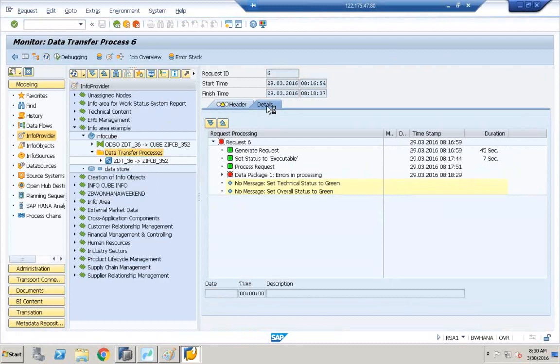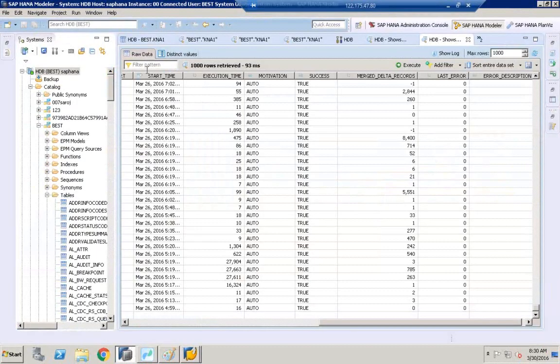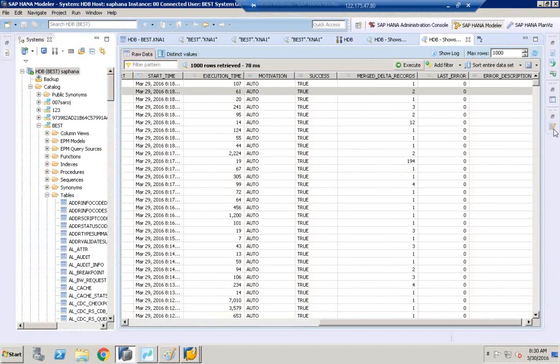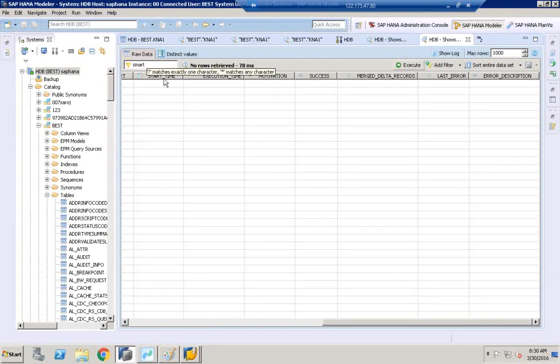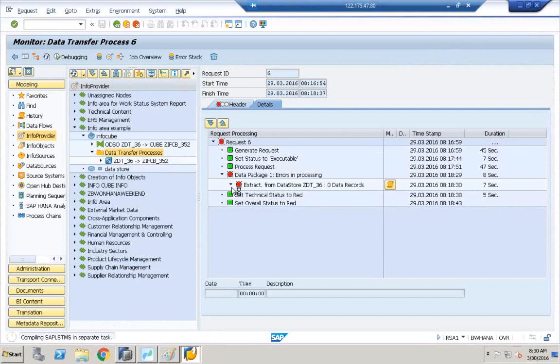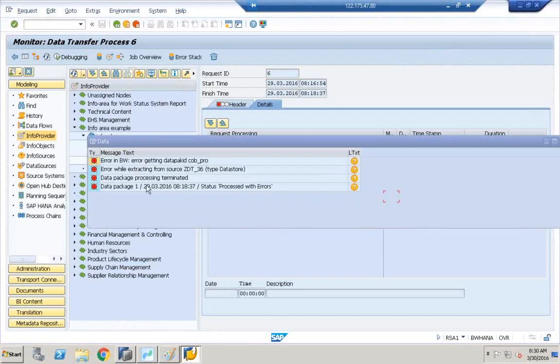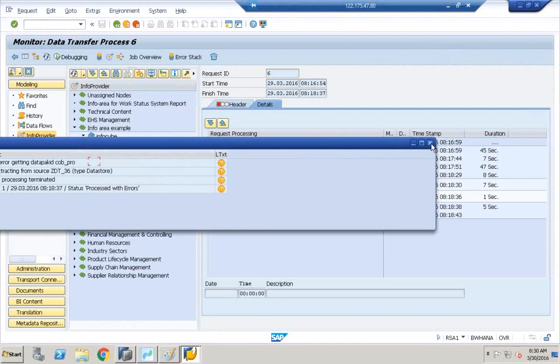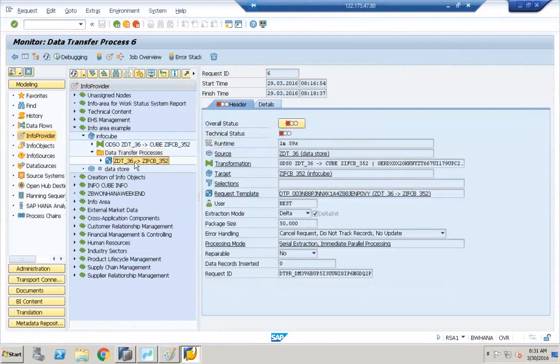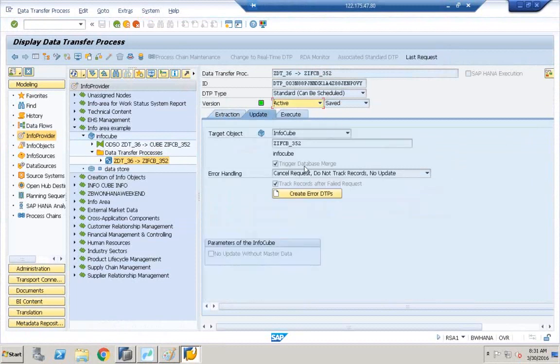So I just executed this database merge. Now if I go back to HANA, when I click refresh, let us find whether the merge is executed. Still not. So there is some error over here. Anyways, we'll discuss later about this DTP. So this is the option in the DTP when you have successfully executed the DTP, triggering database merge